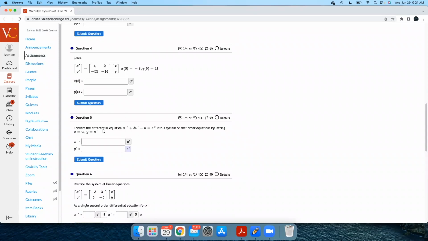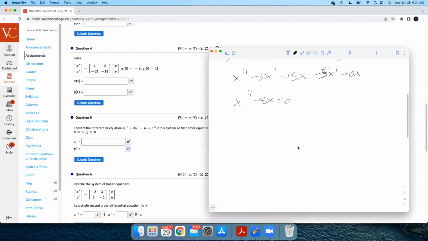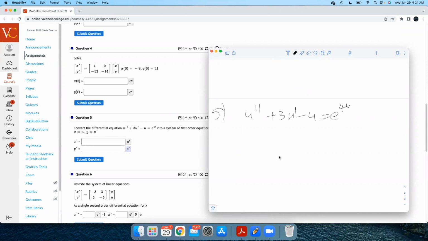Okay, let's talk about decoupling, or turning this second order into a system of first order. So we're given the substitutions to make here. So here, I'll put that here. That is question number 5. u double prime plus 3u prime minus u equals e to the 4t. So if we let x be u and y be u prime,